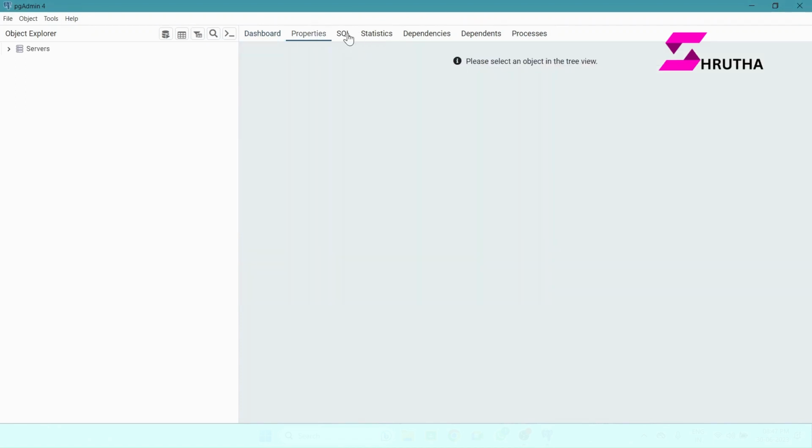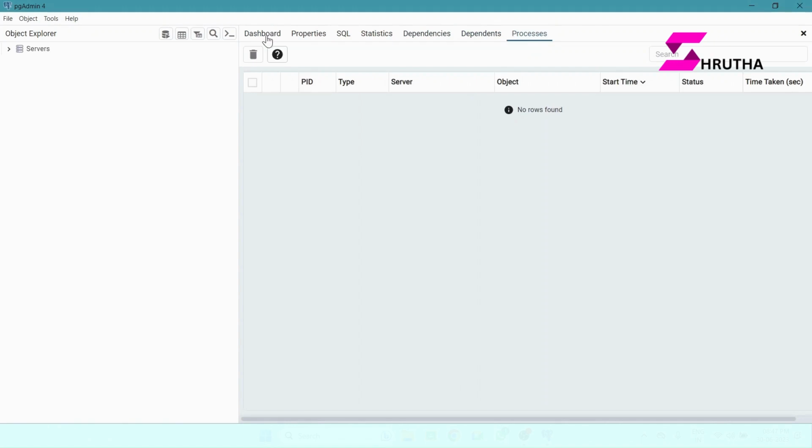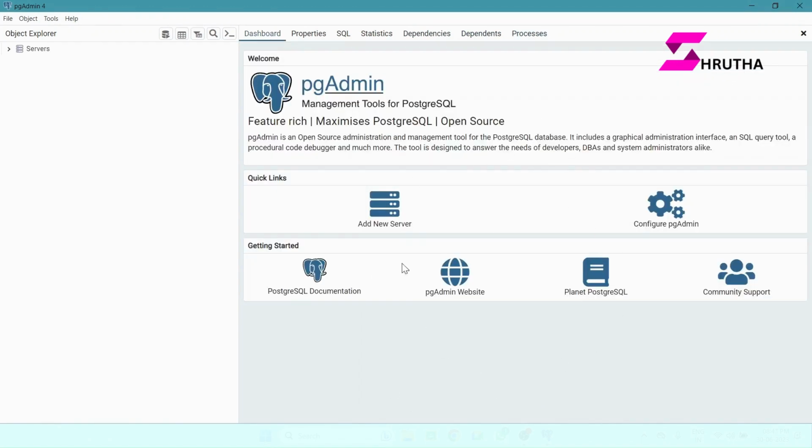Here, you can create databases, tables, and other objects, execute queries, manage your permissions, etc. The main content area displays the details and contents of the selected object or the results of your queries. It provides a visual representation of your databases, tables, and other objects, making it easier to work with them.